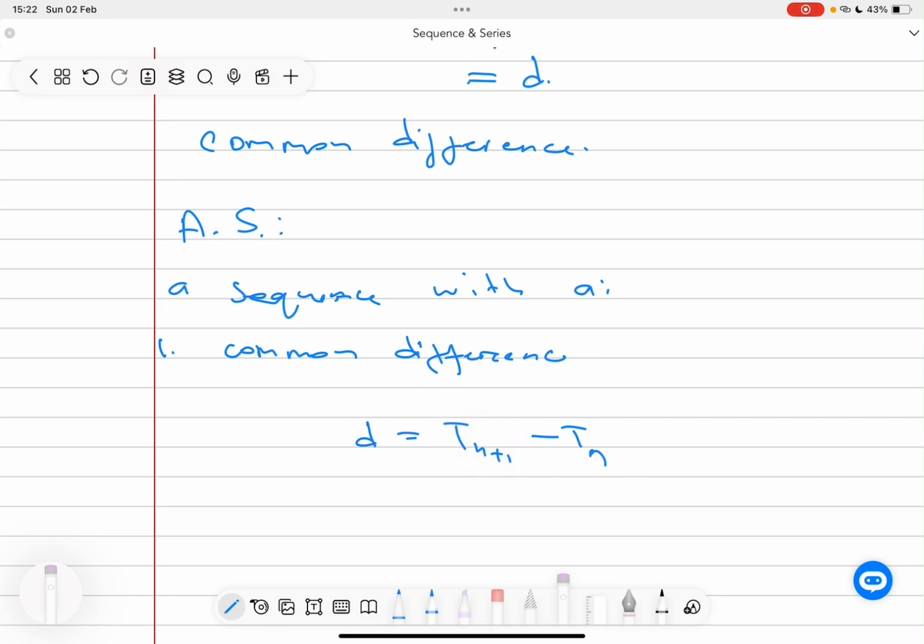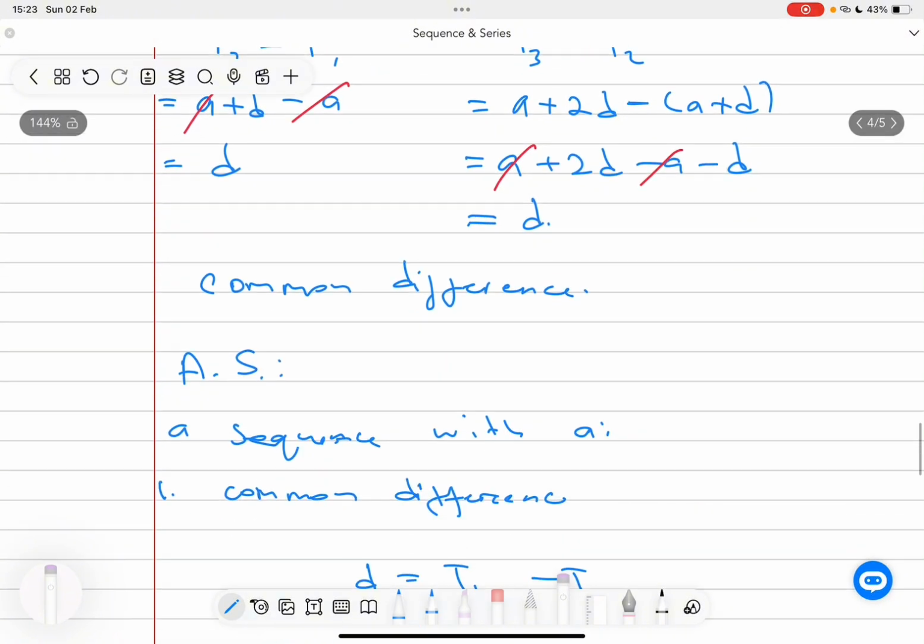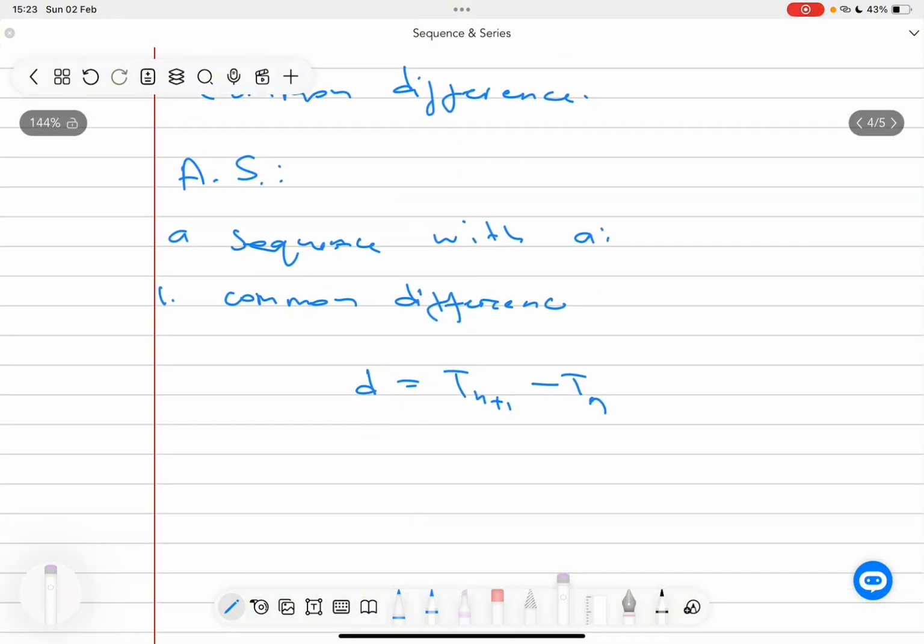Remember that in lesson 1, we explained in depth what Tn means, what Tn plus 1 means. This here is the next term, and this is the previous term. So if you subtract the previous term from the next term, you then get the D. If you subtract this from that, you get the D. So for instance, let's say that, just to